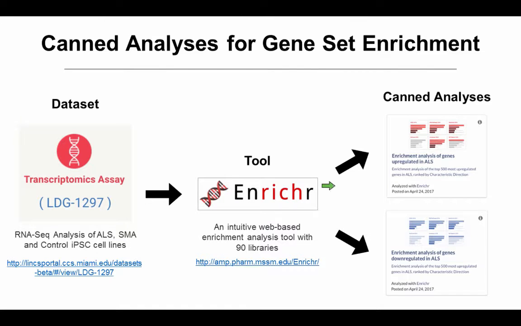So then the results can be stored as canned analyses by adding a title, a description, and any number of customizable metadata tags. And the canned analyses can then be displayed, for example, as cards. These can be indexed within a repository and also displayed and be available to users by means of a search